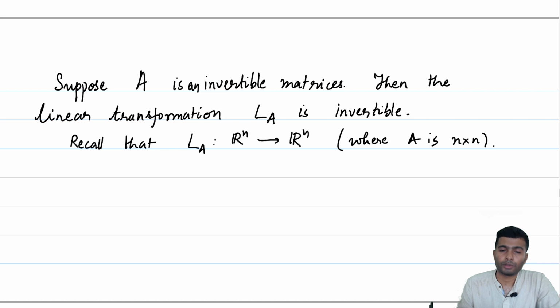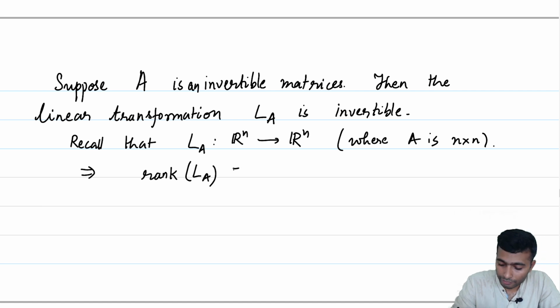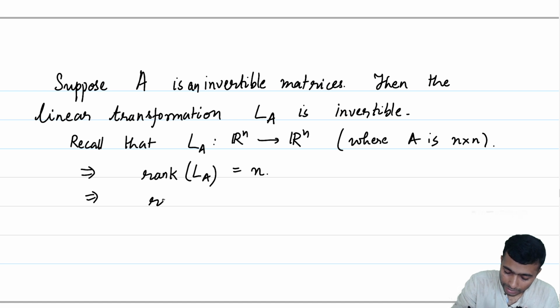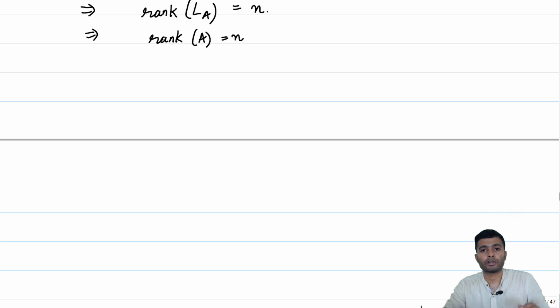And what do we know about invertible linear transformations from a vector space to itself? We actually did explicitly prove that this implies the rank of LA is equal to the dimension of Rn, which is equal to n, which implies the rank of the matrix, by definition equal to the rank of LA, is equal to n. Okay. Now, let us invoke one of the theorems which we proved in the previous video, where we showed that